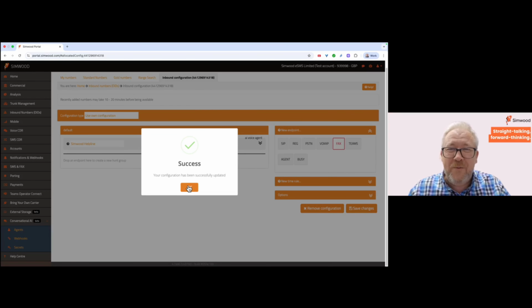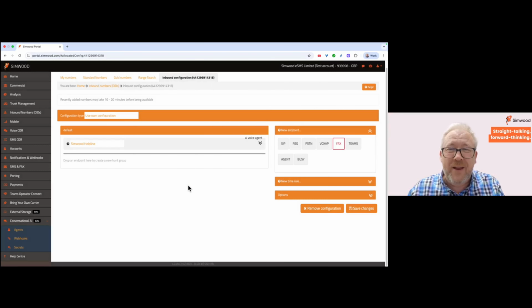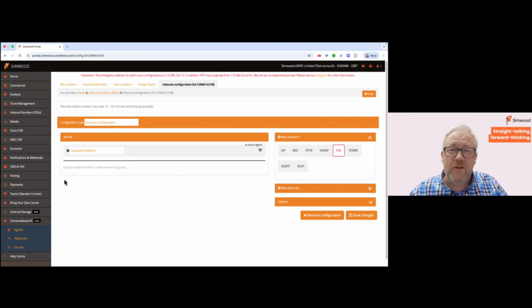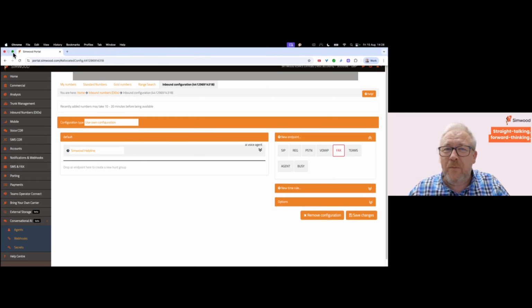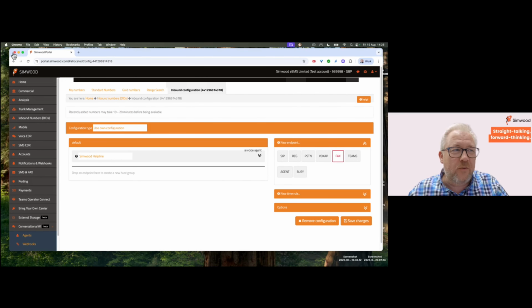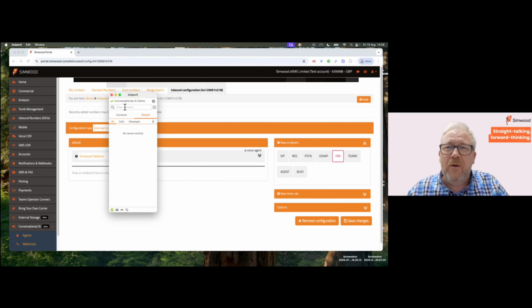We've configured a Simwood conversational AI agent. Very simply, we've just given it an initial greeting, a prompt on how it should act and what it should do. We've pointed it to literally just simwood.com. Nowhere else. That's the only resource it has. And now we're ready to try it out. So let's give it a call. And I'll just come off full screen and we'll go to the soft phone I have set up here. You'll remember it was